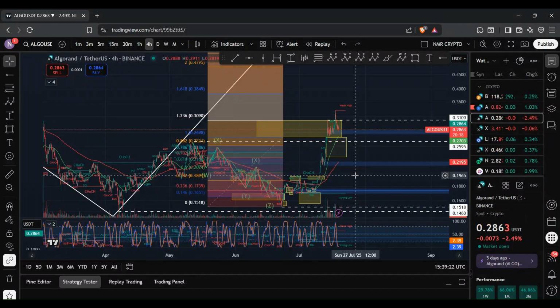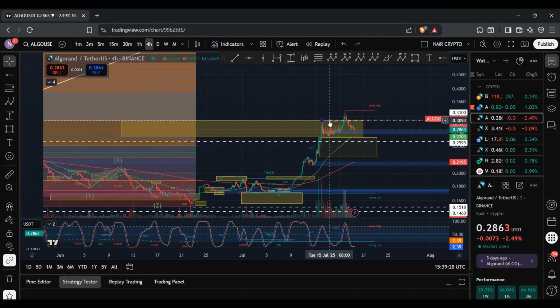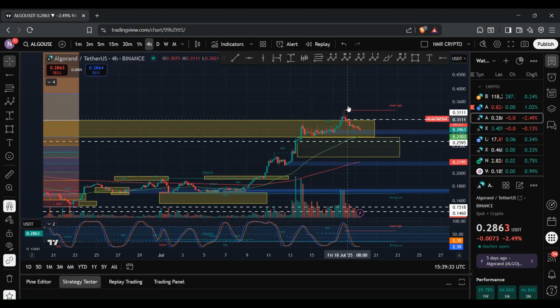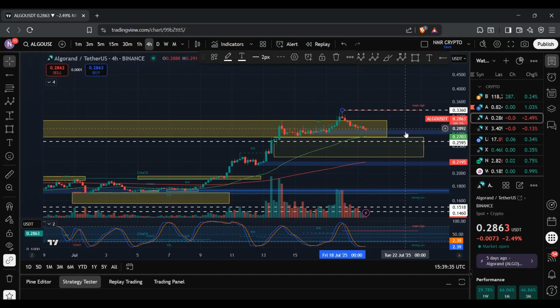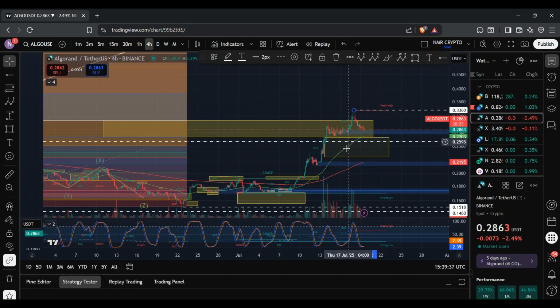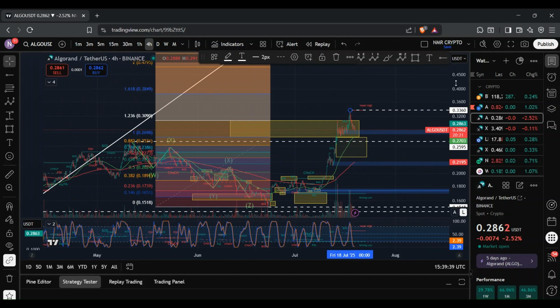So ALGO for the second time has extended beyond the 1.236 level at 30.9 cents. Here you can see that we ended up breaching past the local top at the time at 31 cents, where we ended up reaching this level here at 33.6 cents. And so yeah, this falls in line with what I talked about previously, where I mentioned I was tracking a